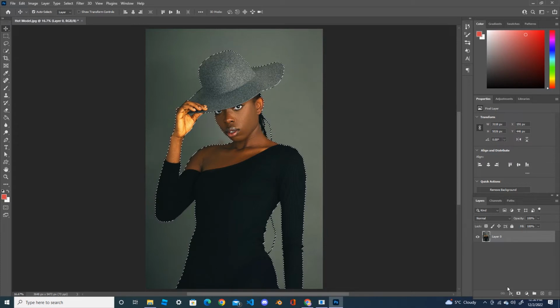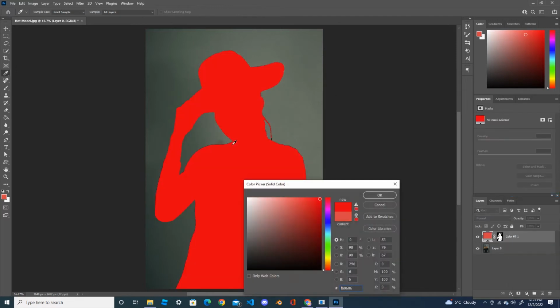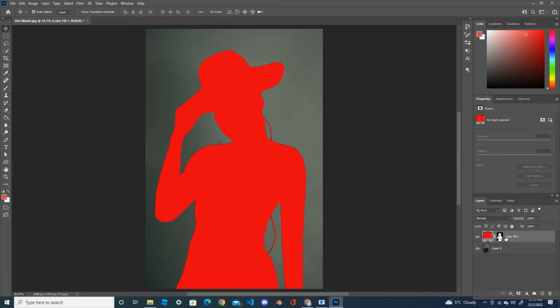And next go to the fill icon, click on it and select Solid Color. When you select the solid color, you can see that Photoshop automatically filled your selected image. Press OK. And click on this mask layer, and then once you click on